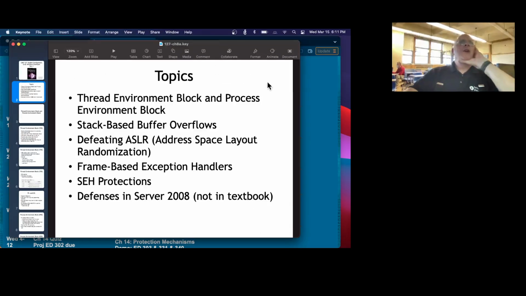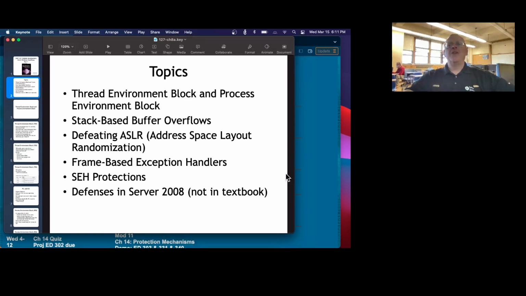So we're going to talk about the thread environment block and the process environment block, buffer overflows, ASLR, the frame-based exception handlers, and SEH handlers. So this is pretty dense technical stuff, and you don't really have to understand it in much detail to do the projects. You'll see some of it in the projects, but a lot of this is technical stuff we won't